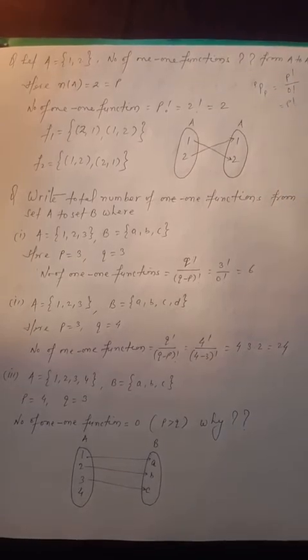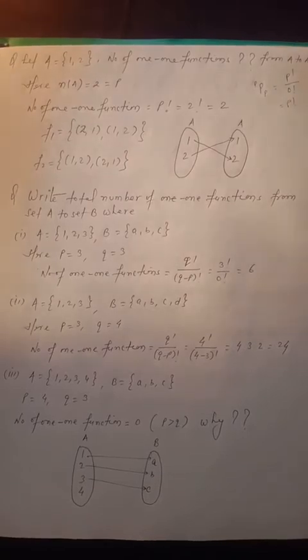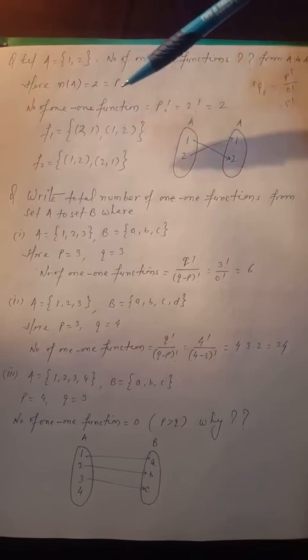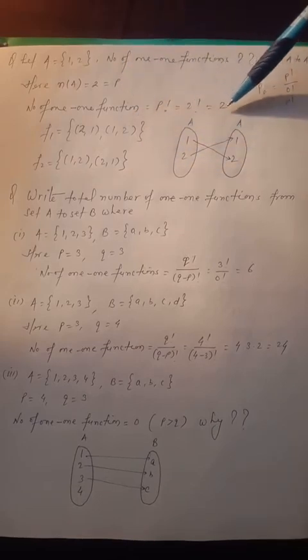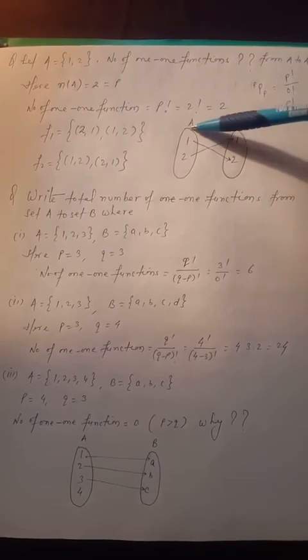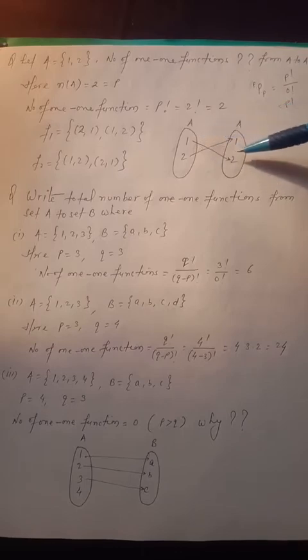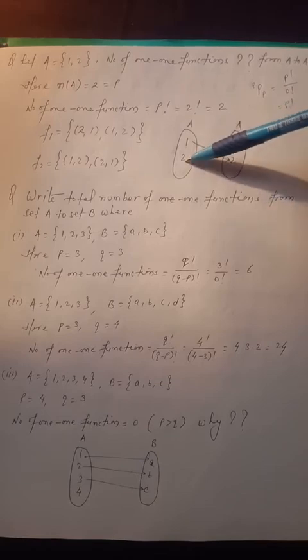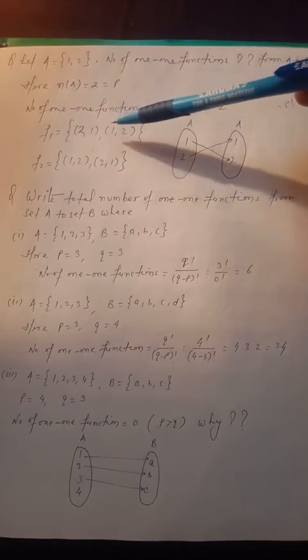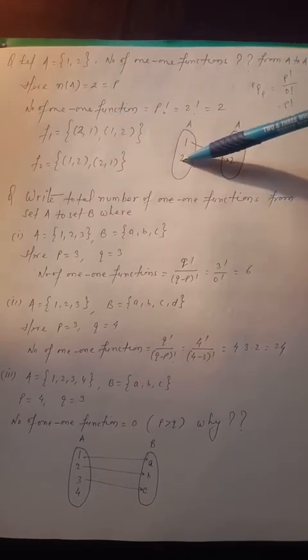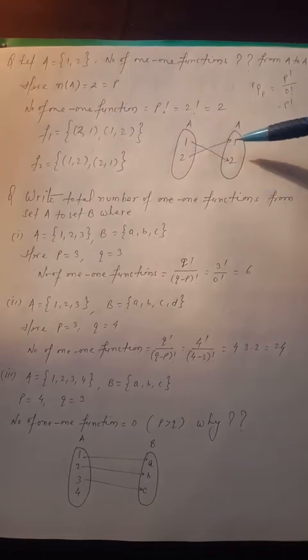So this is the formula when I am talking about 1-1 functions from set A to A, it will be p factorial. So here the number of 1-1 functions will be 2 factorial, which is 2. How practically is it possible? Write set A and write set A here. Since the function is 1-1, we will get a single arrow at each element. So 1 is related to 2 and 2 is related to 1. So the first possibility is 1 comma 2 or 2 comma 1. There is another possibility like 2 belongs to 1 and 1 belongs to 2.